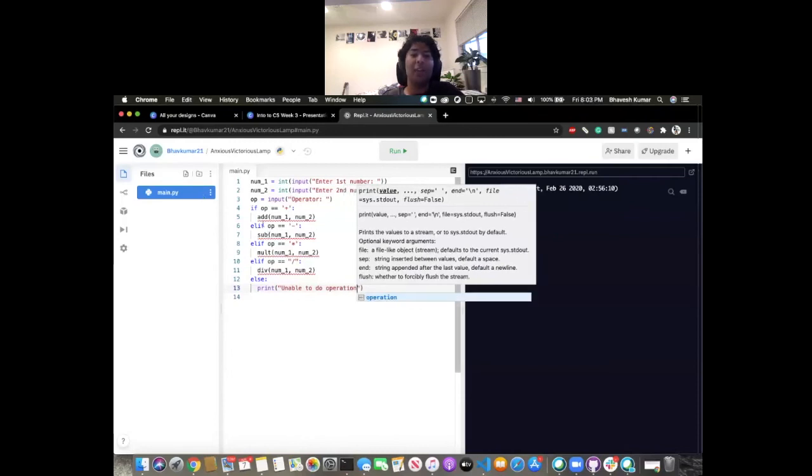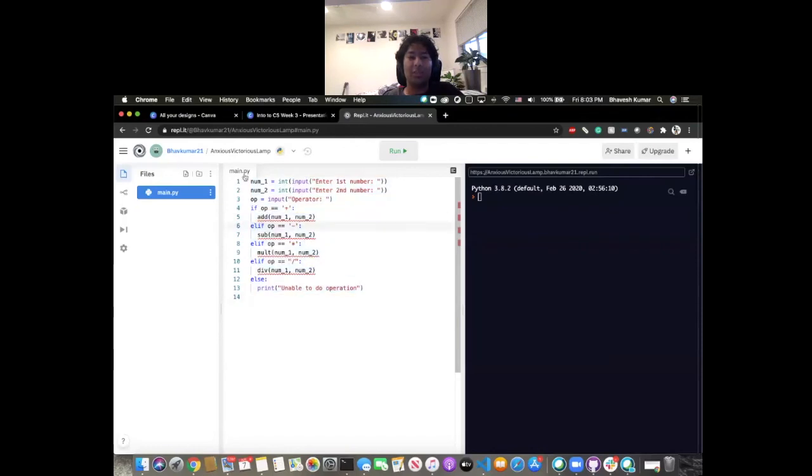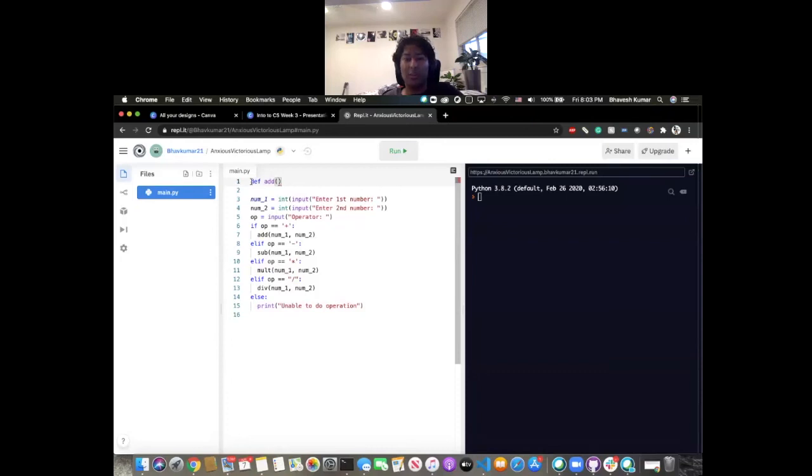Okay, so now we have to create our functions. Like I mentioned before, the syntax to creating a function is simple. We write def to indicate we're defining a function. We write the name, add, and here we write 2 parenthetical values, which indicate that the 2 values a person should include when they're calling upon this function. Now we could name this anything we want. For example, we can name it val1 and val2,